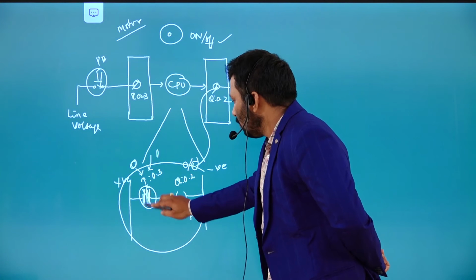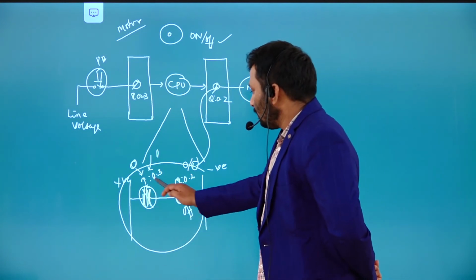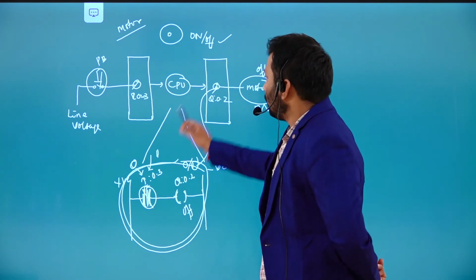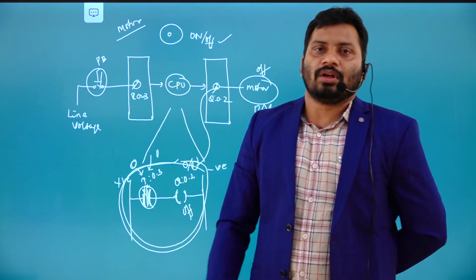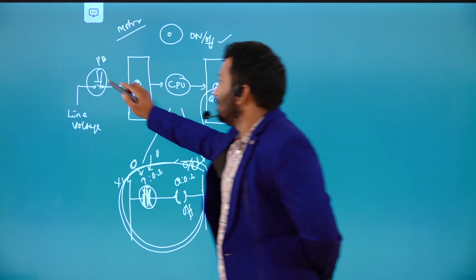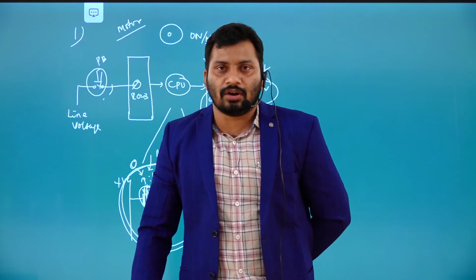So this is the normally open contact, and this one is the relay, right? Like that we need to give addresses. This is going to become the PLC logic for this particular application to simply turn the motor on and off. That is the first application, the first way of controlling the motor.